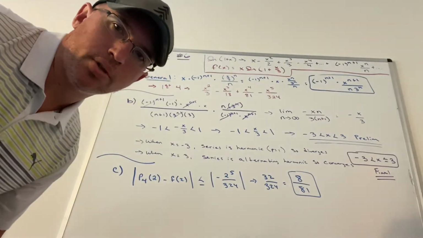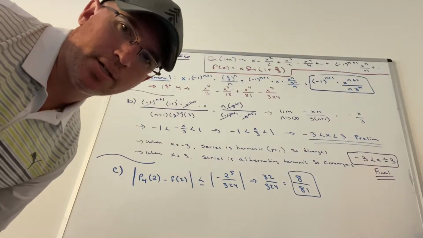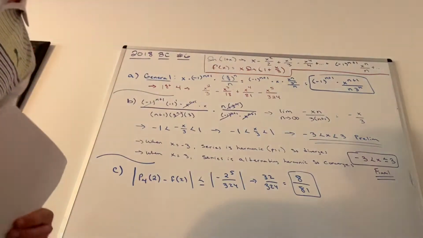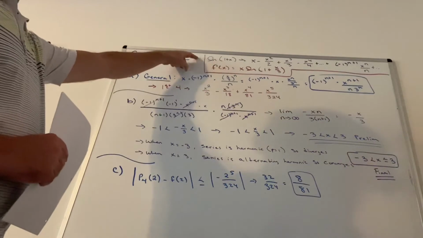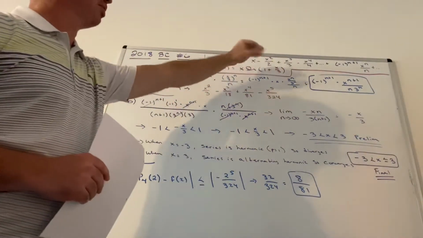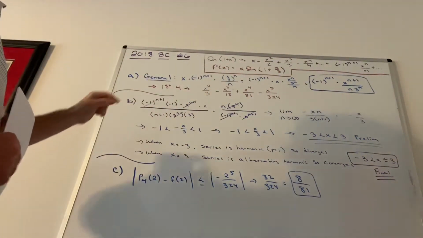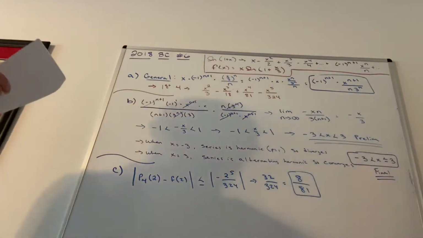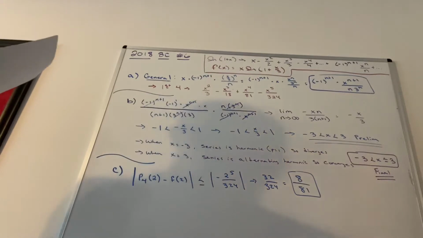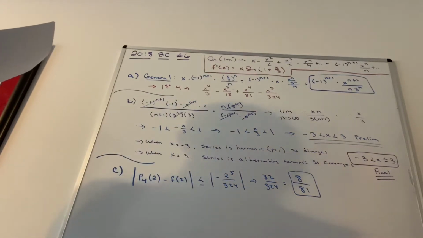All right, guys, this is question number 6 from the 2018 BC exam. This is the Taylor question. You're given that the ln of 1 plus x converges to this series here. You're also told that f of x is equal to x times the ln of 1 plus x over 3. Part A says to write the first 4 non-zero terms of the general term for the Maclaurin series